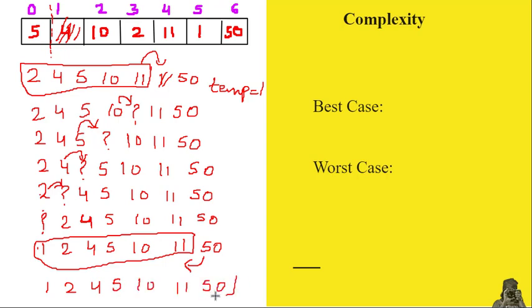Unlike selection sort, where we need to compare with each item, we were taking the small value and finding the smallest number out of the unsorted array, and we were doing the comparison with each and every element. But in this case we are doing the comparison, and only if there is a requirement, then we move to the next part. Otherwise, let's say in this case you have seen that 50 was at its appropriate location already, so no swapping was required and no comparisons were done in this pass.